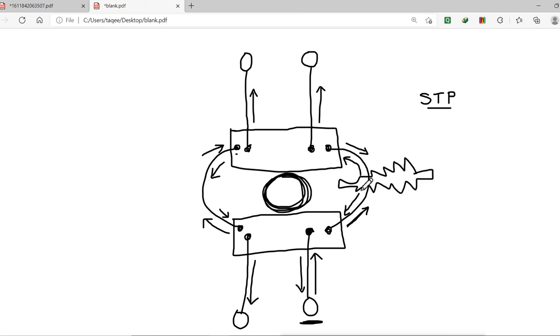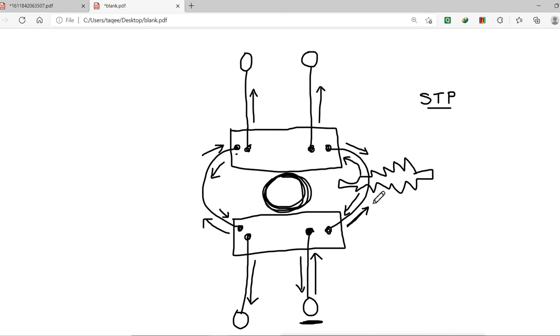To block the road, you put a tree on that road and the road will be blocked. Just like that, it does the spanning tree. Put the spanning tree on that link, on the redundant link, on one of the redundant links, either on this or on this, and it will block the link.